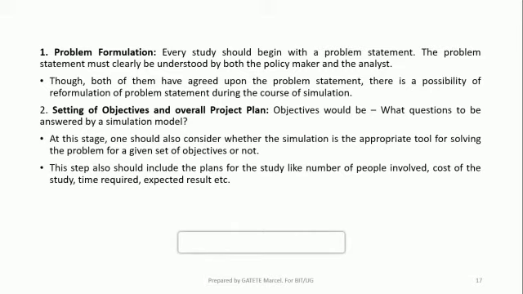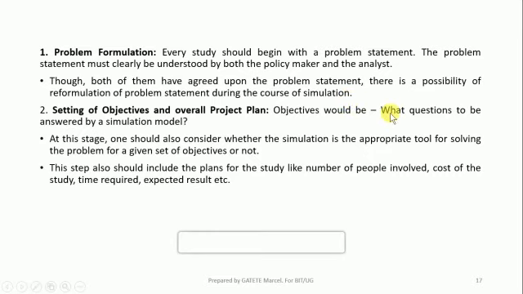After reformulating your problem, you have to set the objective. So you are going to set the objective for your study. You are going to say, this project aims at doing this, this, and this. And also you are going to define the overall project plan, what you are planning to do during your project.